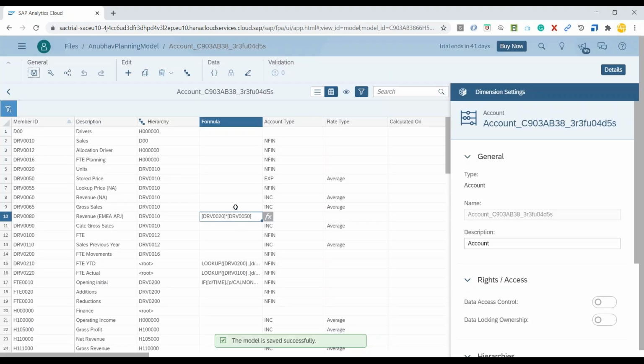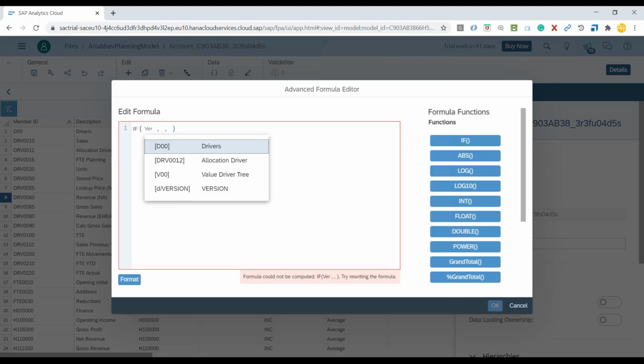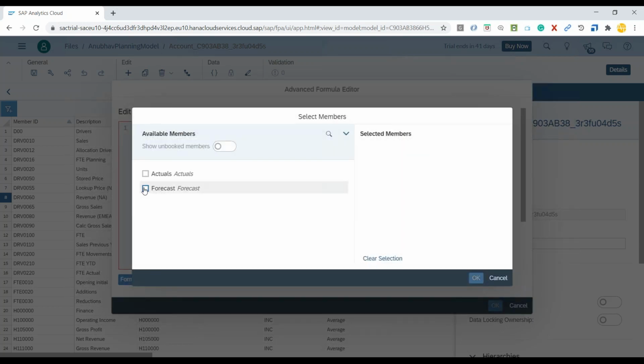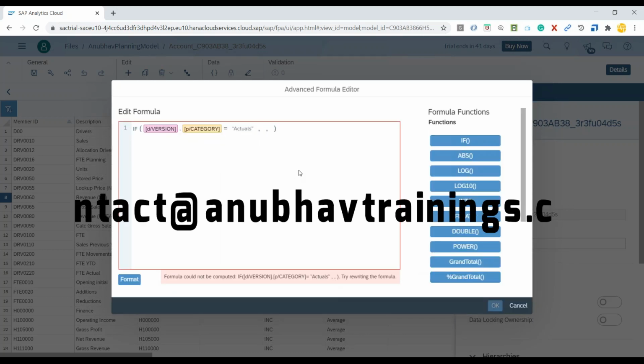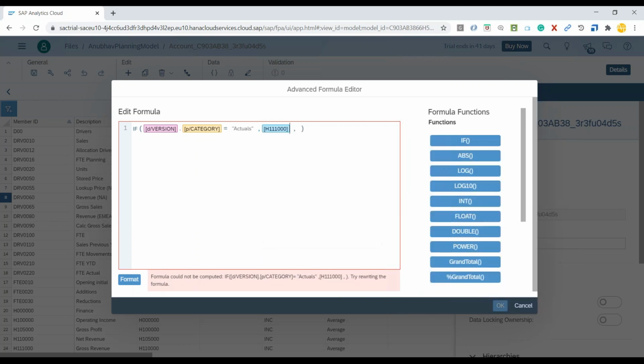Similar to this formula, I can go back and apply different formulas. For example, I could write an if condition on my particular version data, so my version dimension category equals actuals, and if the version is actuals, then I would use the gross sales dimension from the system.